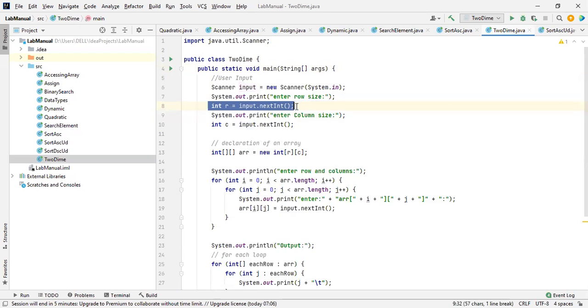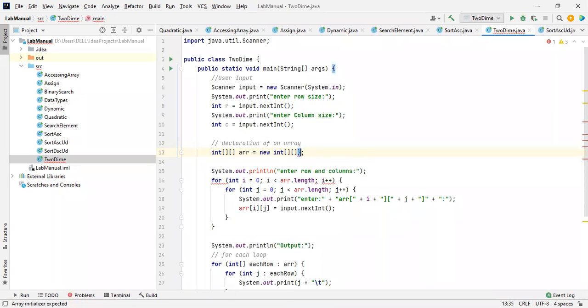So the size has been declared dynamically. This is a dynamic entry. I'm going to give the values at runtime, so I assigned the size over here. What is the declaration of an array? If we remove this, it is essential to mention the size. See, I deleted those things and see the error: array initializer expected. If we delete this, at least we have to give the initialization.